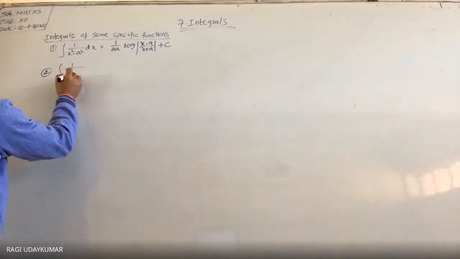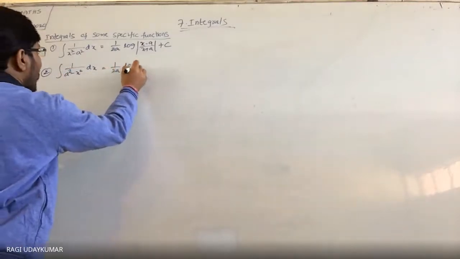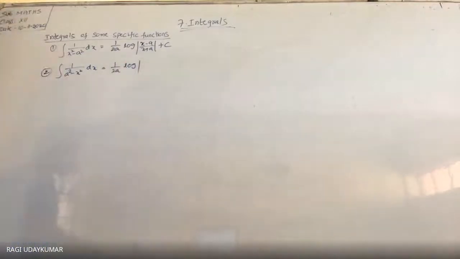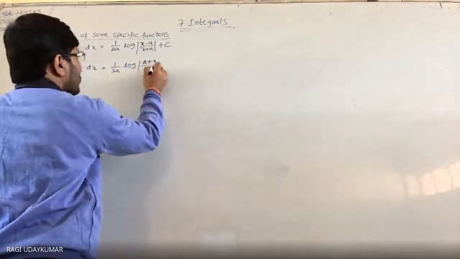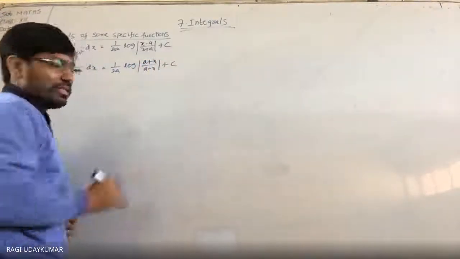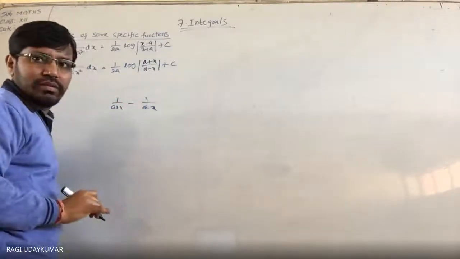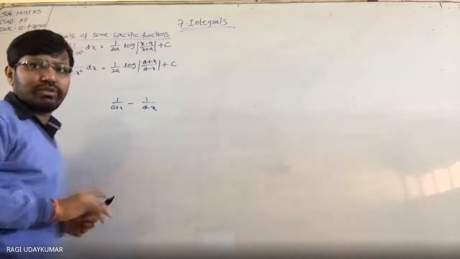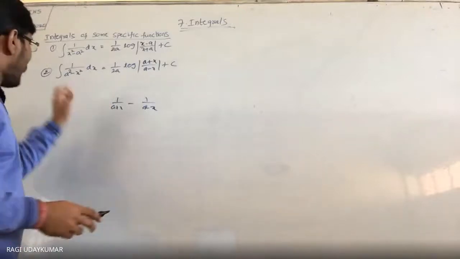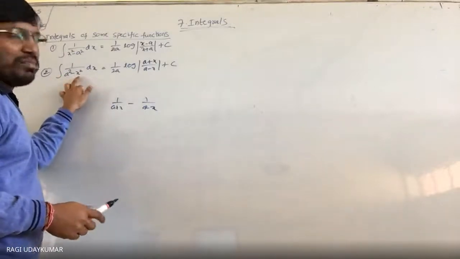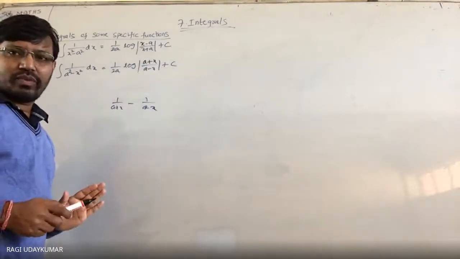The second one is integral of 1 by a square minus x square dx, which is equal to the same, 1 by 2a log, where earlier x minus a by x plus a came, here you will get a plus x by a minus x. How do you remember? See here, write 1 by a plus x minus 1 by a minus x. If there is confusion, it is simple. The easy way of remembering is: here in the first, x comes later, and here too, x comes later. This is sure. Okay?